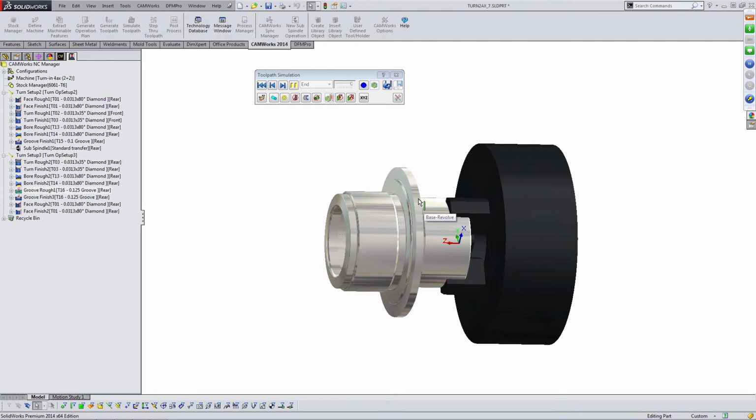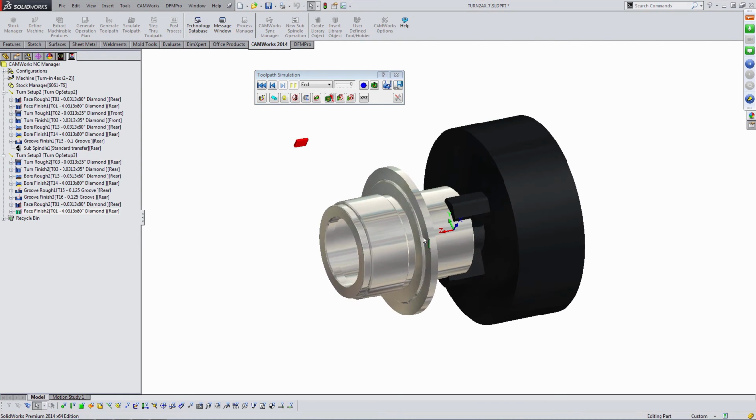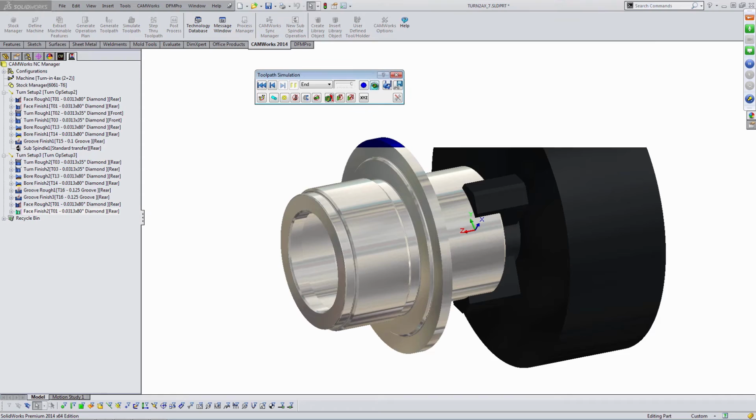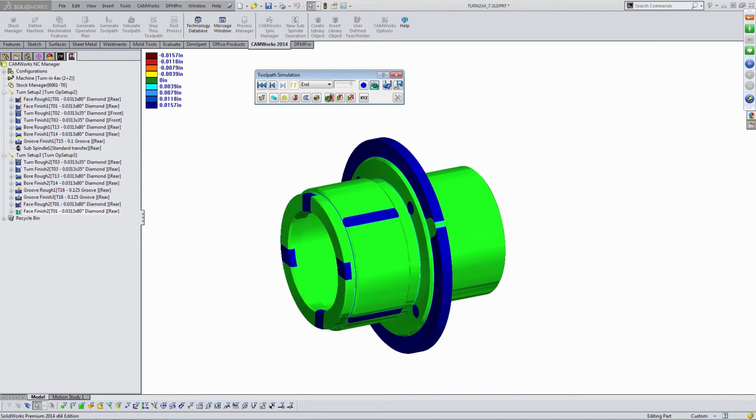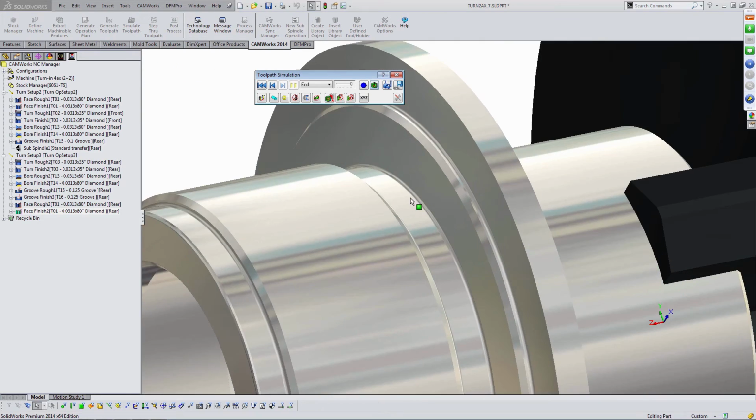Looking pretty good. I'll run a comparison. I'm undercut in places where I'm going to need to use the milling tools to cut the features. So I'm actually looking pretty good, outside of a couple tight corners that I can't reach down into, which is par for the course on the turning,